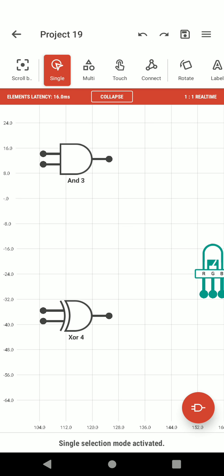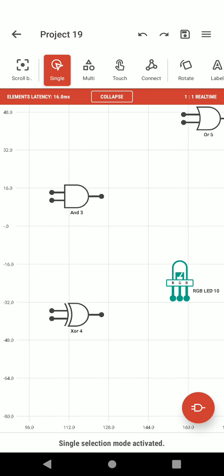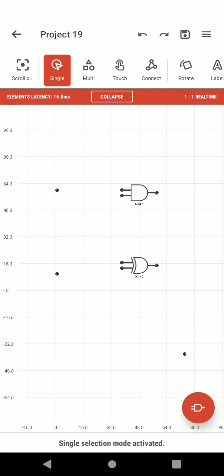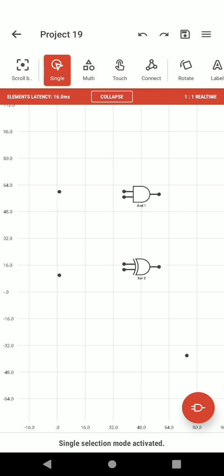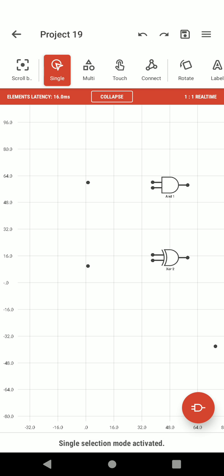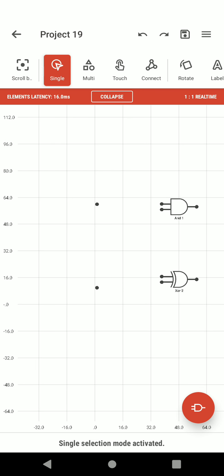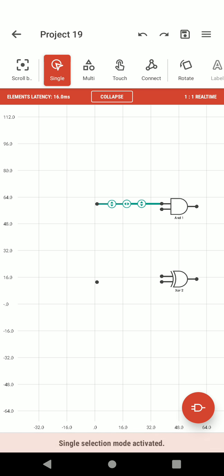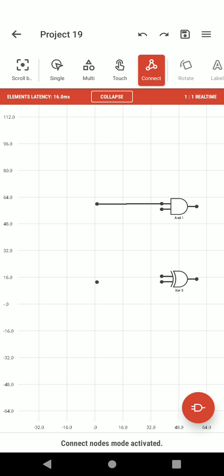Now let's zoom out so that you can see which element is present where. These are A's input, B's input and C's input nodes. Now let's start giving connections to everything. A's input will be given to the AND gate as well as the XOR gate. Click on connect from A's input to this gate, and next click on connect A to the XOR gate.